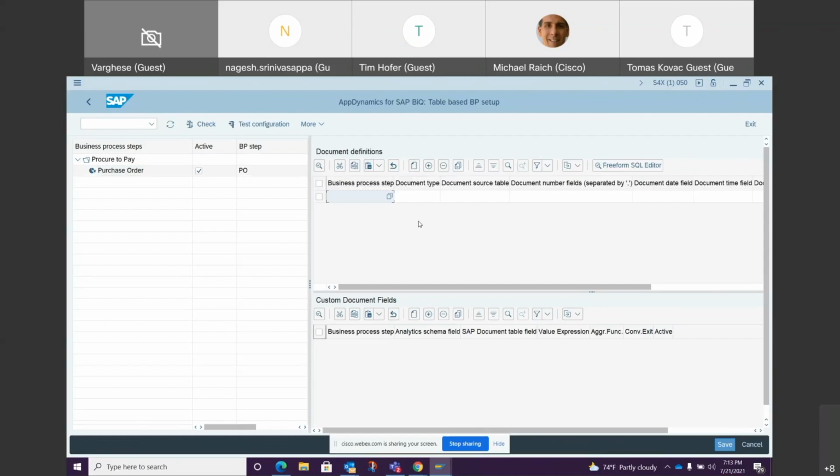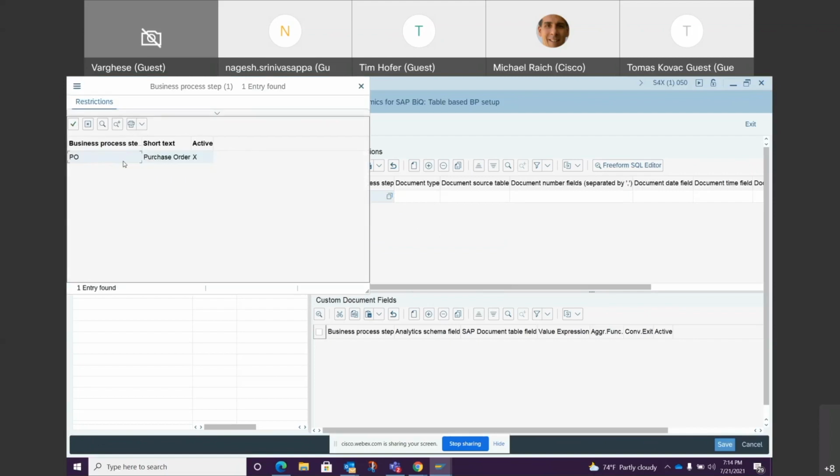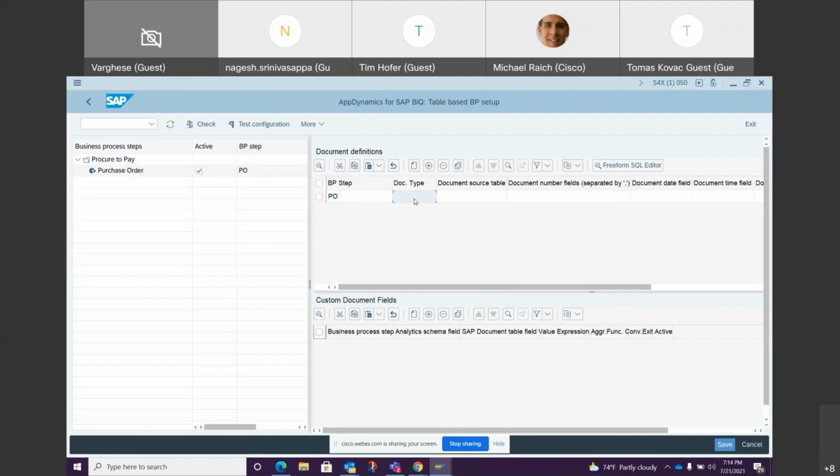And now, our business process step is called PO. So either use F4 help or just type in PO. Now, document type, we can use PO as well. This is what we will see in the analytics schema in the controller. So we can still call it PO, and the document source table is, I will type it to the chat